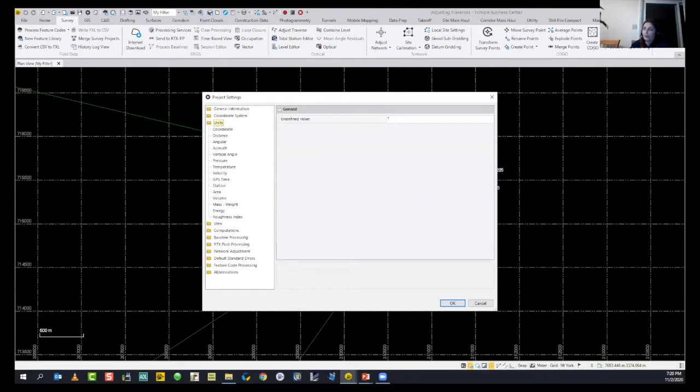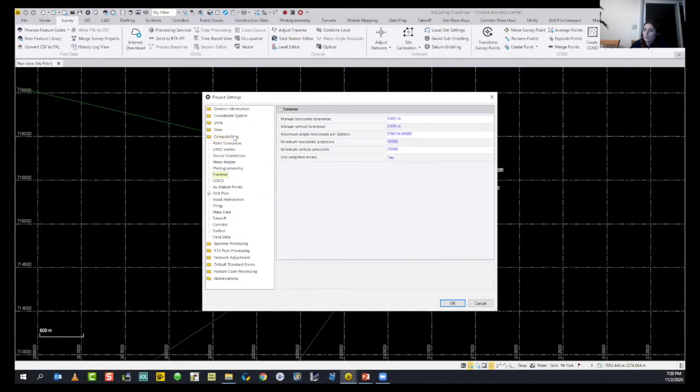Now for adjusting traverses, which is our current topic, we will continue changing the settings under Computations, Traverse. It brings up some settings. The first two are the horizontal and vertical tolerances.